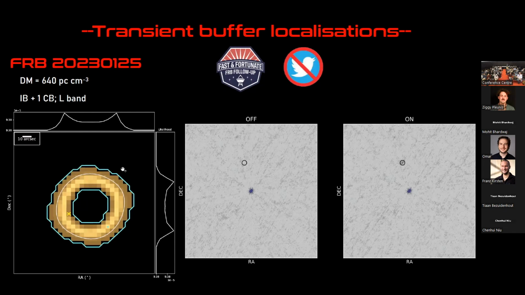Yeah, to summarize, we have found 39 fast radio bursts so far, which amounts to about 1 discovery per month. 7 of these we've been able to localize using imaging, and another few we've got decent localizations with beamforming. So that works out to about 1/4 of our sample being well enough localized for potential host association. Then the transient buffer is now up and running finally, and that should dramatically improve our